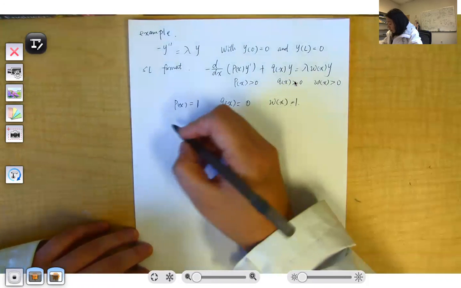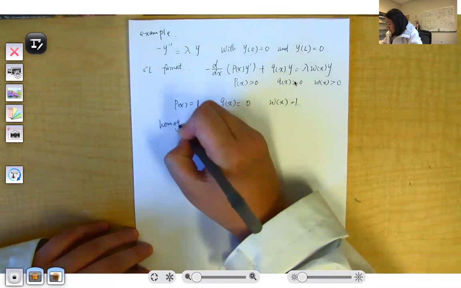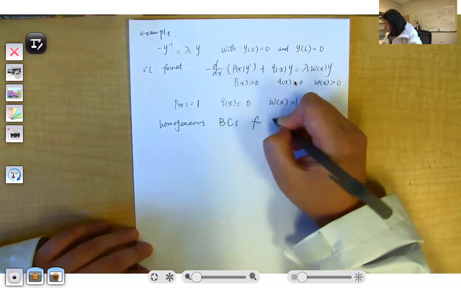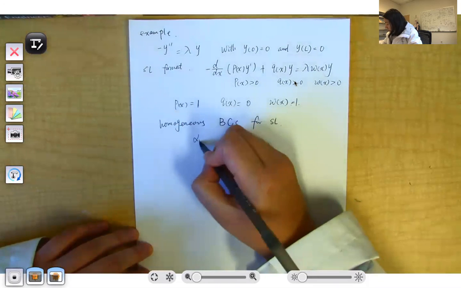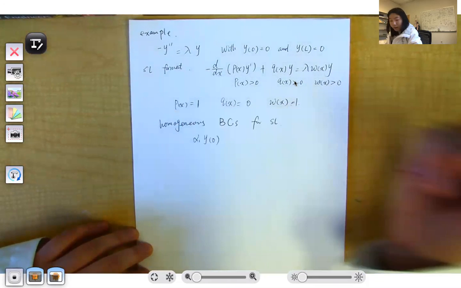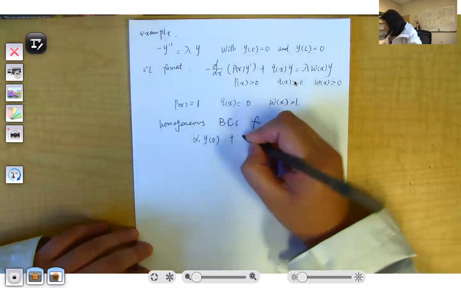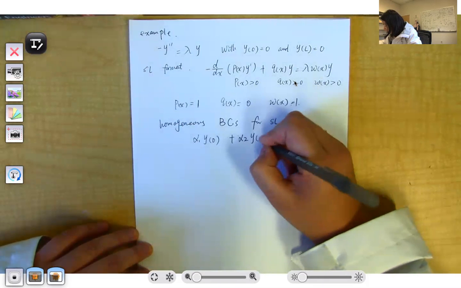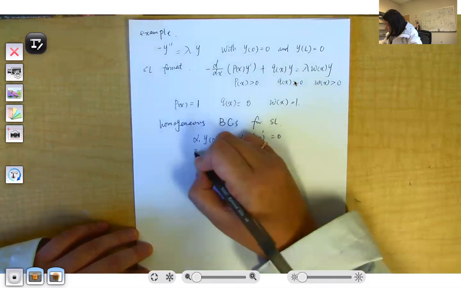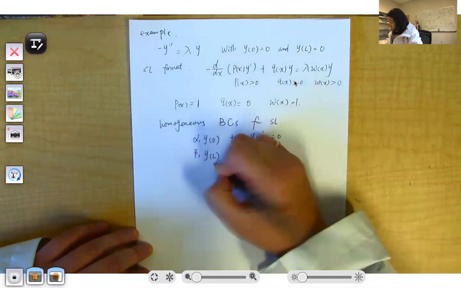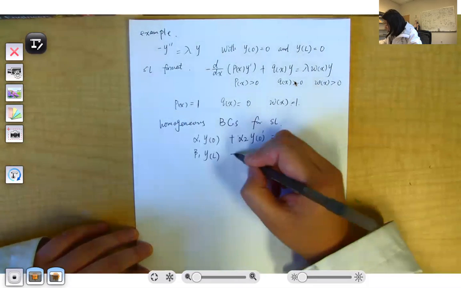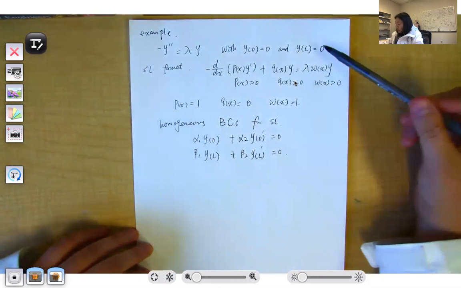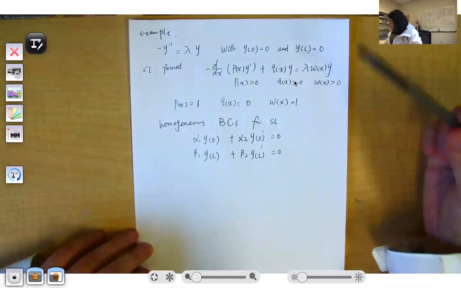The homogeneous boundary conditions for the SL problem need to satisfy alpha 1 y(0) plus alpha 2 y prime(0) equals 0, beta 1 y(L) plus beta 2 y prime(L) equals 0. So here, for these boundary conditions, we have alpha 1,